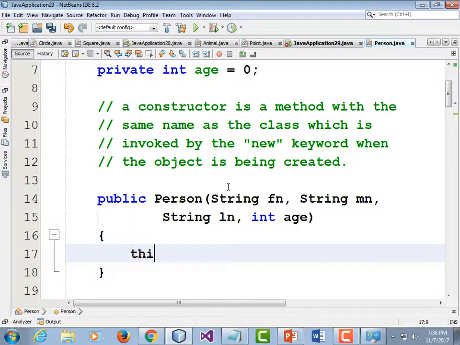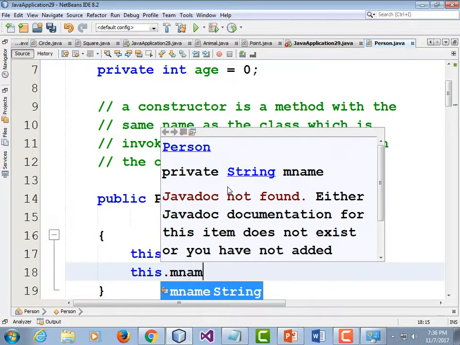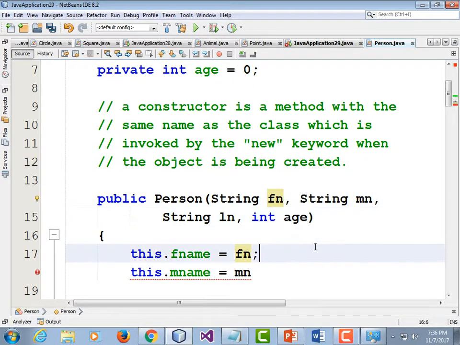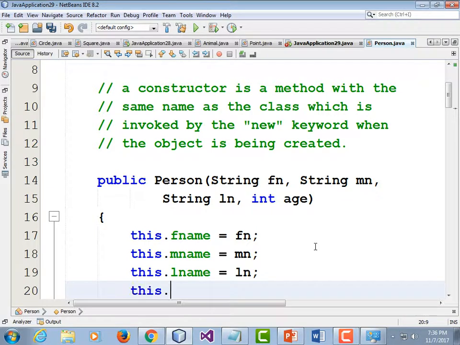And we know what to do here, right? This dot fname is equal to fn, that parameter. This dot mn, or mname, is equal to mn. Would it have been better to use the full variable names? Yeah, it would have. This dot lname is equal to ln. This dot age is equal to age. I thought it'd be easier to type if I did that, but then I kept messing it up as I typed it in. So